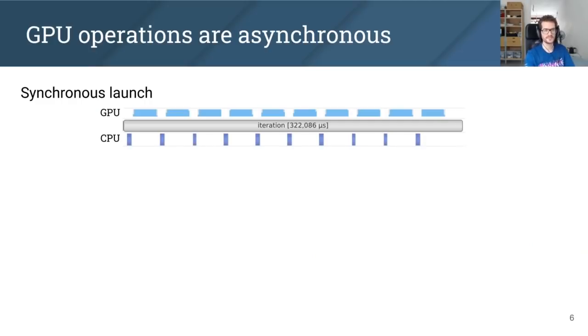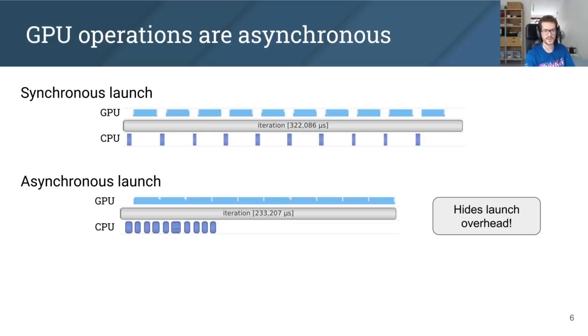To illustrate that, if launching a kernel were synchronous and we needed to wait for each kernel to complete, the GPU would always be idle when we're launching the next kernel. Those are the small gaps in the GPU rows on top. Instead, with asynchronous launches, we can launch a new kernel while the previous one is still executing. That effectively hides the launch overhead and is crucial to efficiently using a GPU. Here the GPU row is much more densely packed, implying the GPU is kept busy all the time.